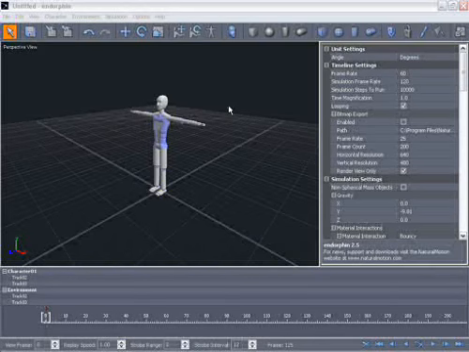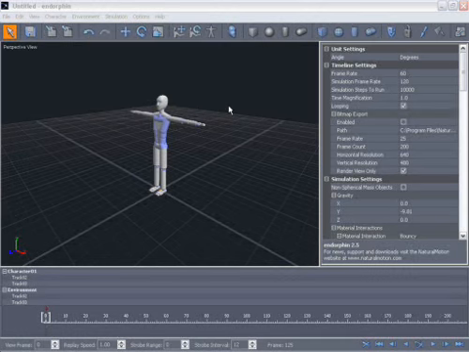In this tutorial we're going to cover multiple characters. Endorphin allows you to add many characters to a scene and have them all interacting with one another. So in this tutorial we're going to add additional characters to the scene and then initiate the interaction between those characters. First of all, we're going to load a character and apply a martial arts kick to him, and then add another character and apply a run in a straight line animation to him, and then have the two characters